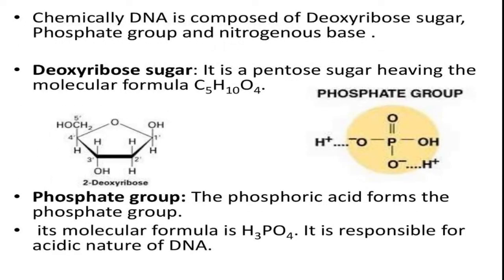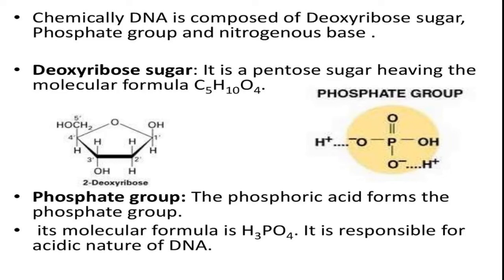So we need to study this DNA chemically. What is this DNA composed of, or how is it made up? The first thing is we need to understand the sugar present in DNA. This sugar is deoxyribose sugar, which is a pentose sugar, which means it has 5 carbons. There is the first position, second position. In the second position, there is a removal of oxygen. That's the reason we call it deoxy, and this is a ribose sugar, so we call it deoxyribose.